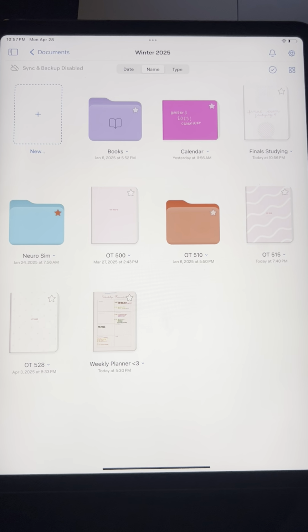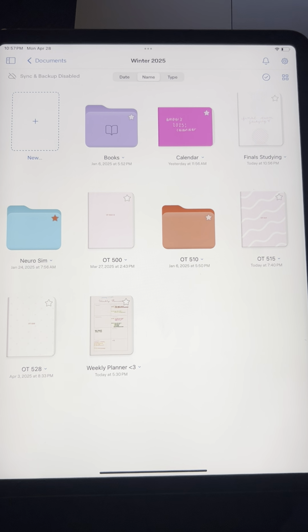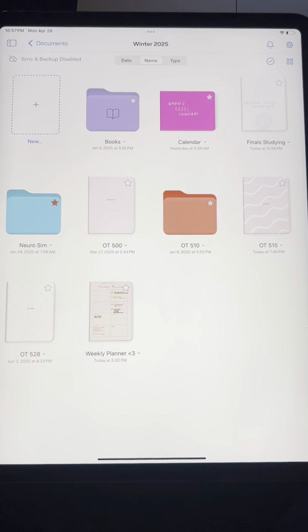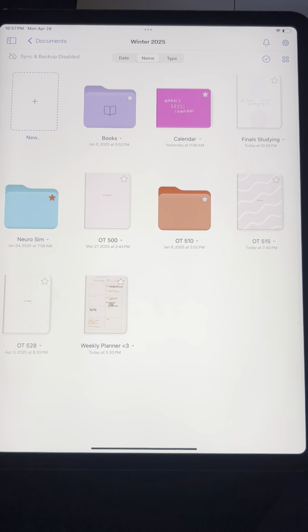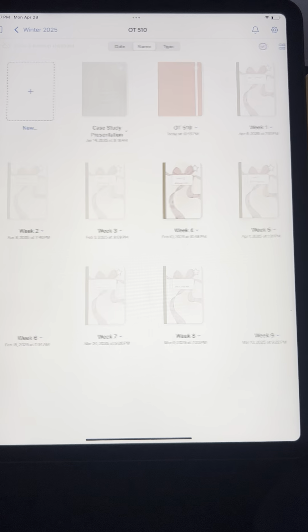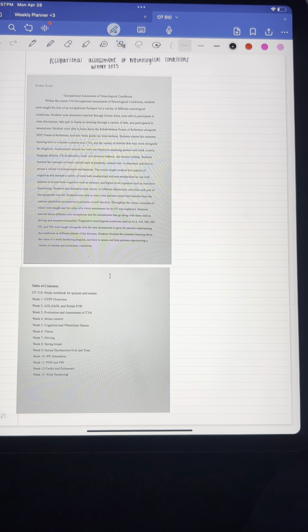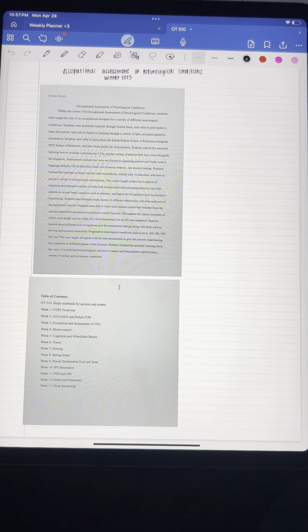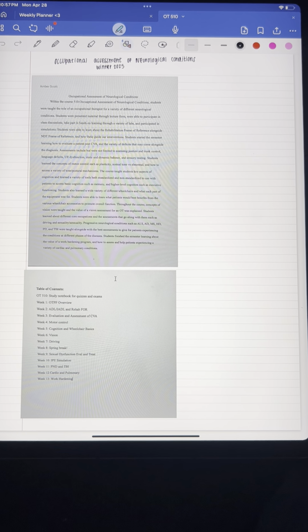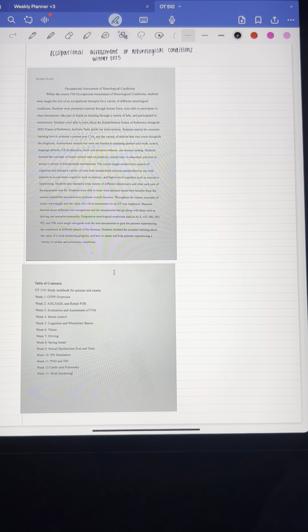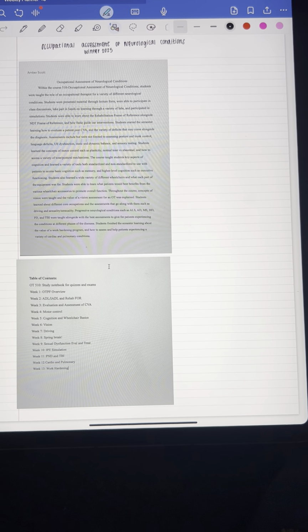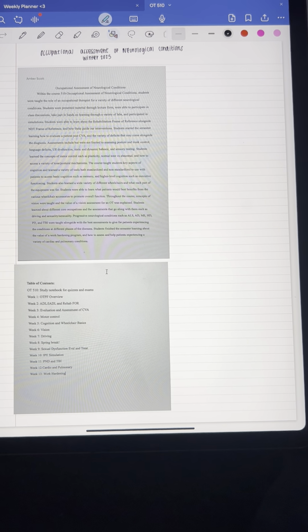My name is Amber Scott, and this is my binder for OT 510, winter semester of 2025. So, starting off, I have the synopsis, which states within the course of 510, occupational assessment of neurological conditions, students were taught the